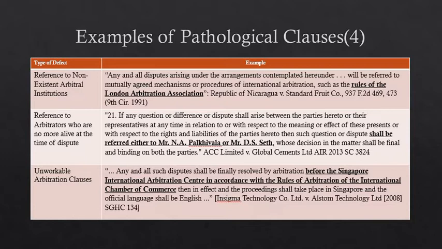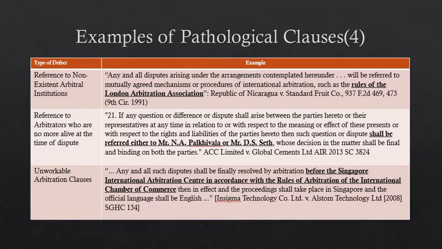This clause arose out of the case of Republic of Nicaragua versus Standard Fruit decision. It's a very old decision of the 1990s, reported in US cases. Okay, the next clause suffered from the defect that it specifically provided for arbitrators who would be arbitrating the dispute, but neither of them was alive at the time of the dispute. So this is the case of ACC Limited versus Global Cements Limited, a 2013 decision of the Supreme Court